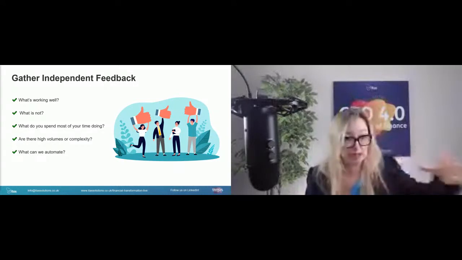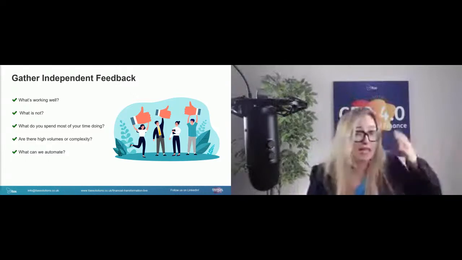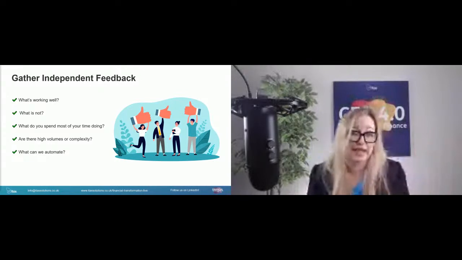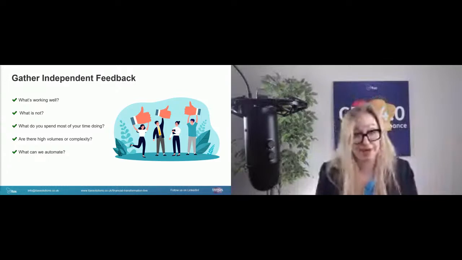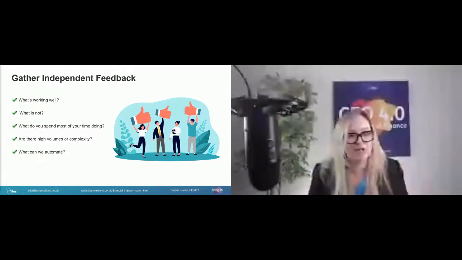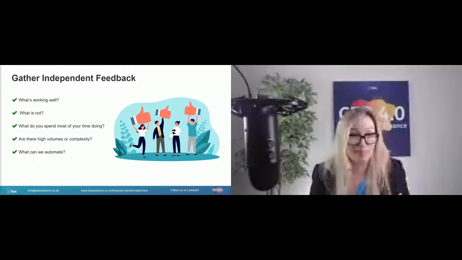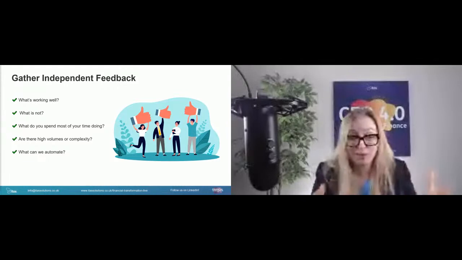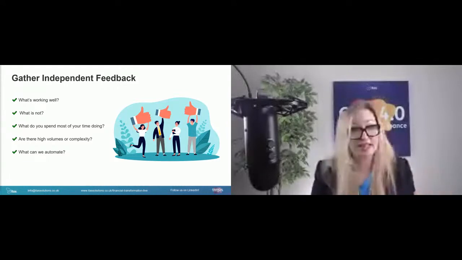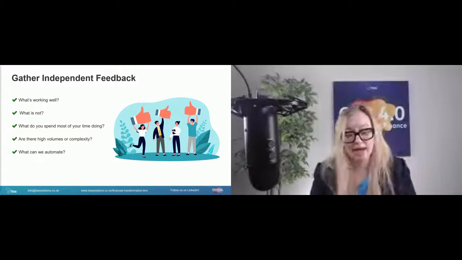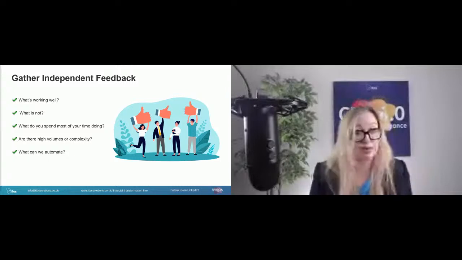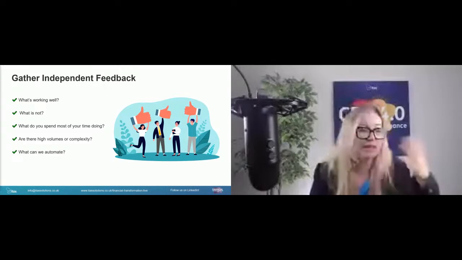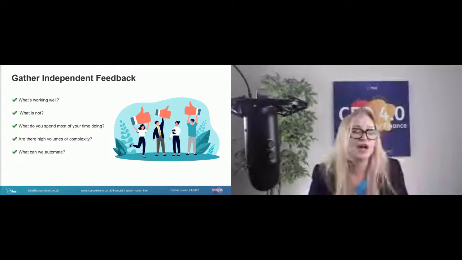Because what that stops is a lot of things. It stops one person taking charge of the conversation. It also stops individuals influencing people's view and feelings around something, okay? So if you want honest feedback on what is happening, then you do need to make sure that your feedback is gathered independently. There's a couple of ways you can do that. You could theoretically sit down with people and have conversations. That's one way of doing it. You can get them to write down their thoughts. That's my preference, and give them time to work through a series of questions.